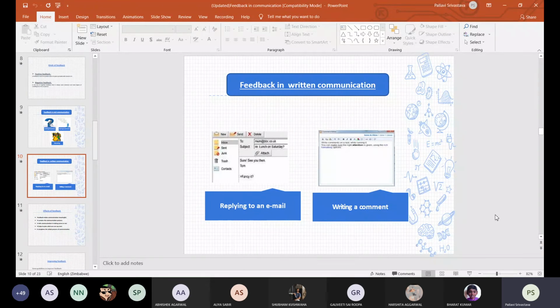Now whatever happens, even if it is an email, it will take some time. Or if it is a physical mail, the regular mail where you have posted something, then you will have to wait for weeks. Even in email, quick responses are not easy. They will take their own time. They might have several messages to reply to, and according to that, they will decide. Again, when we talk about persuasive communication, because in business we have to persuade other people a lot, it is not easy in written communication.